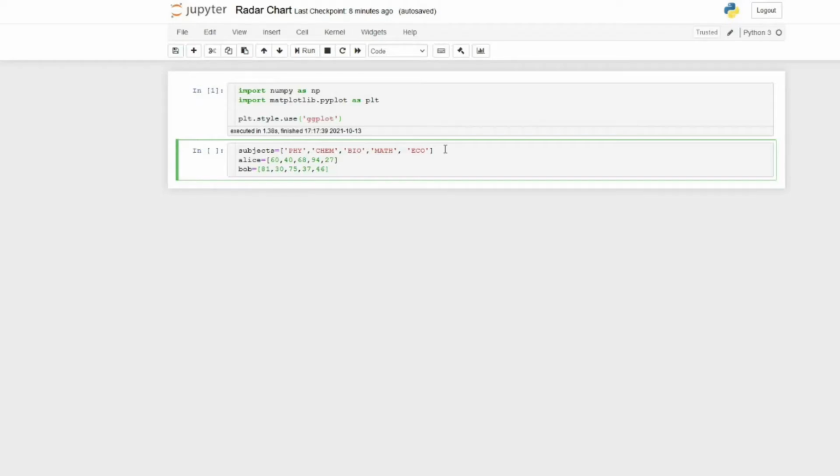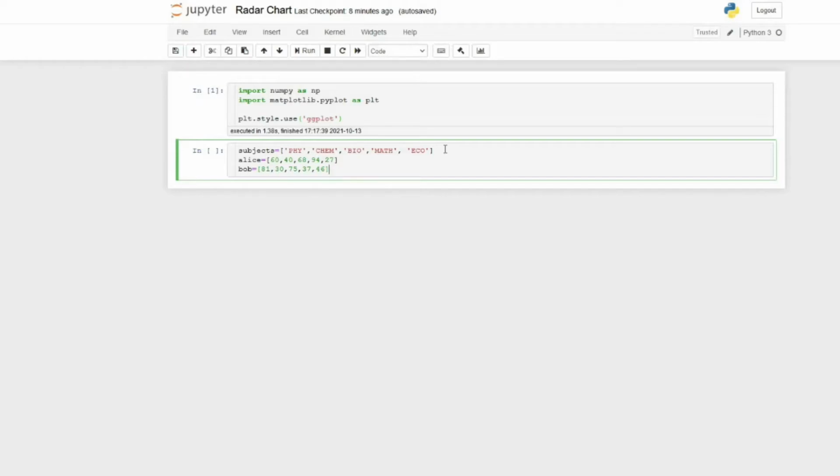It can be float or it can be int, and the length of the labels and the length of the values should match. So the list subjects is the label, and the other lists, Alice and Bob, are the values.